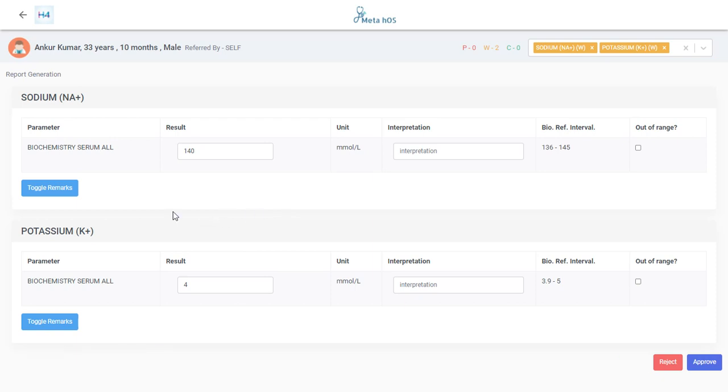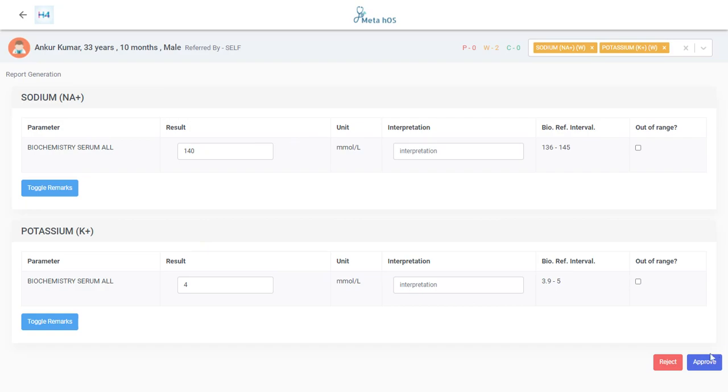Once the lab technician saves and submits, the report will go to the pathologist. The pathologist will review the reports and approve the same. So this looks fine.